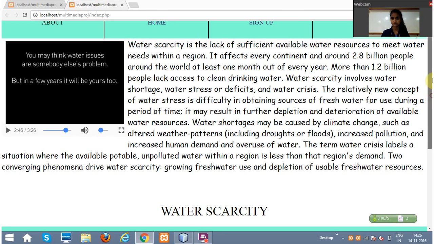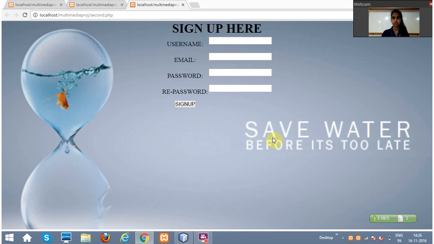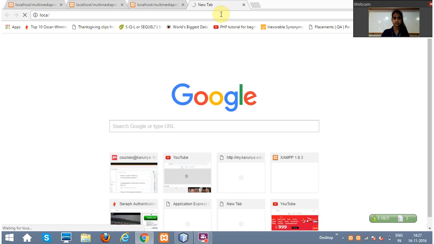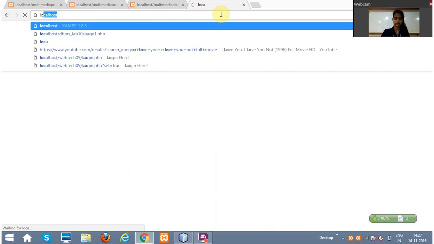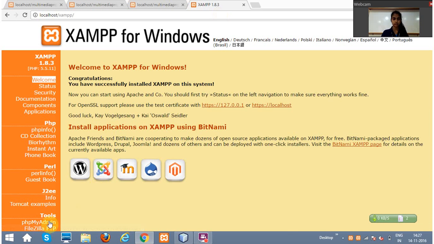If I press this button, it will take us to the signing up part. Here you can see the background image is there, so we have to use CSS for that. The sign up asks for username and email ID. If I enter my details here and then go to my localhost, my database,